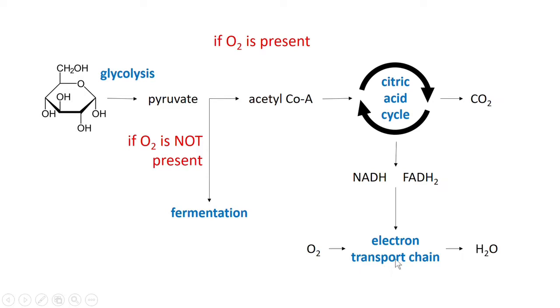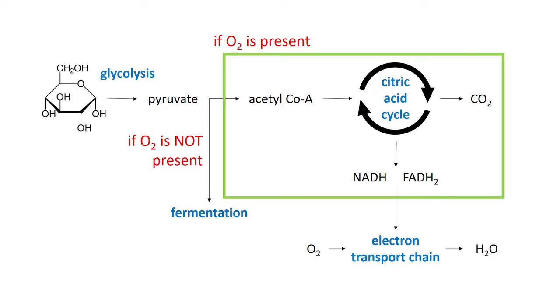We're going to talk about the electron transport chain in the future. For now, we want to talk about this step in the middle, the citric acid cycle. The citric acid cycle is also called the Krebs cycle. Those are synonymous terms. I usually use citric acid cycle, but Krebs cycle means the exact same thing. In order to get a molecule of pyruvate into the citric acid cycle, it first has to be converted into this molecule called acetyl-CoA, or acetyl coenzyme A. So we're going to follow the fate of a pyruvate as it is converted into acetyl-CoA and as it enters